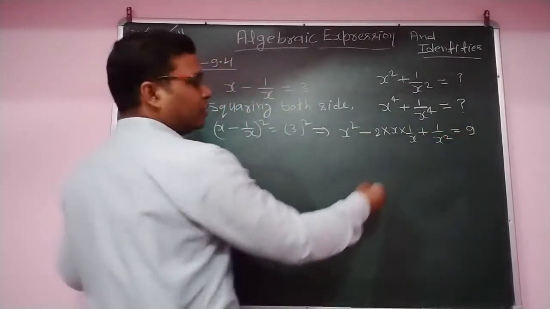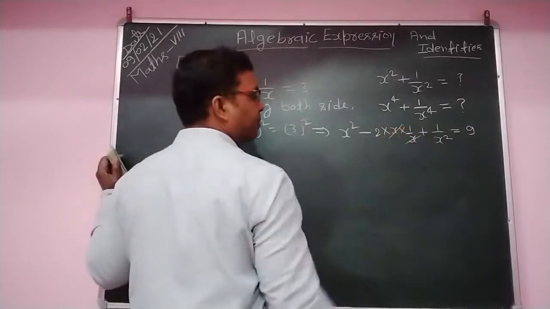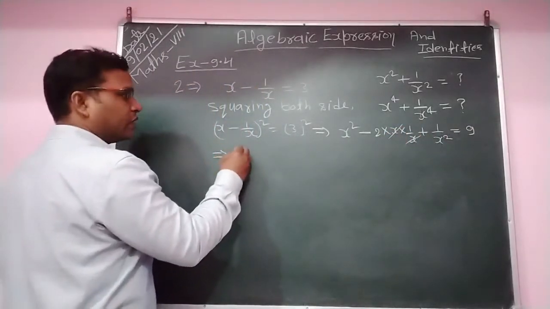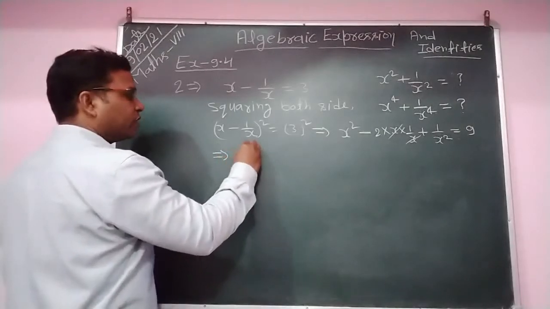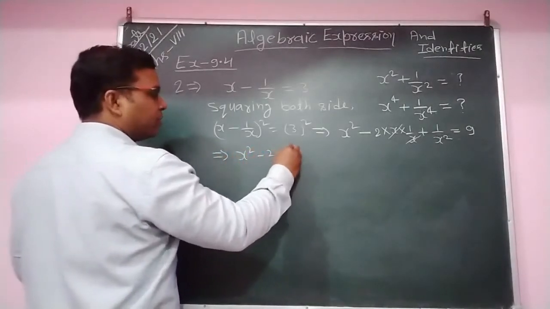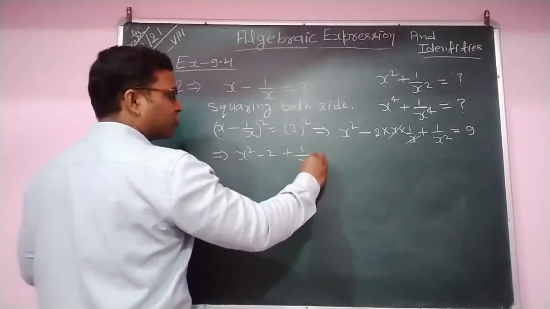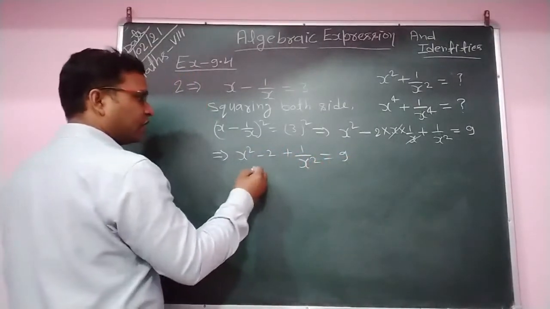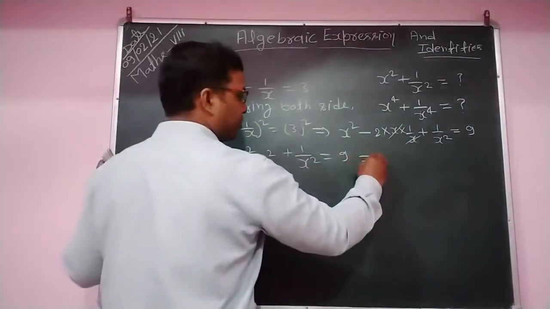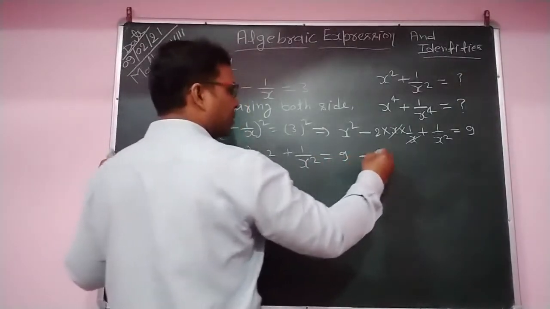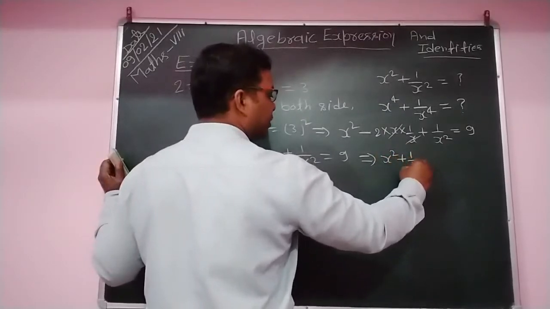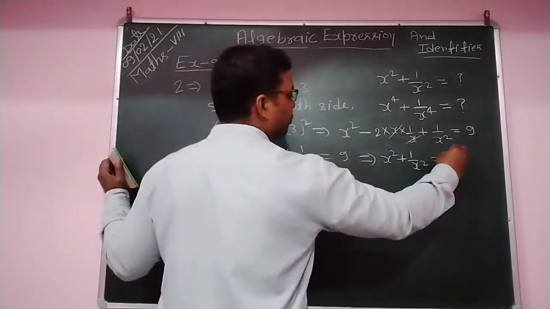This is clear. So you can cancel them. Then here we get x square minus 2 plus 1 upon x square equal to 9. Again, this becomes x square plus 1 by x square